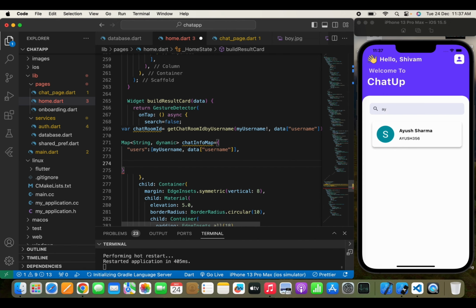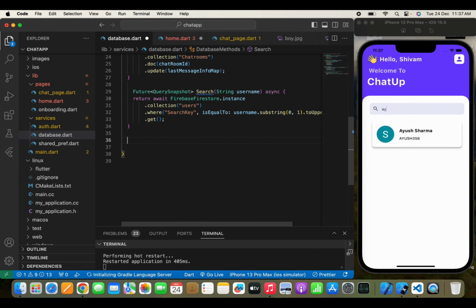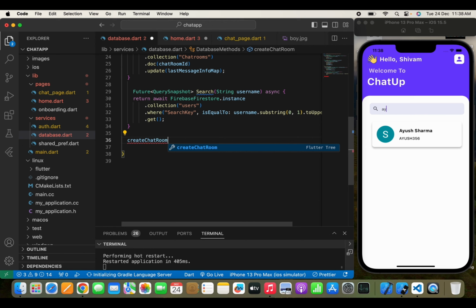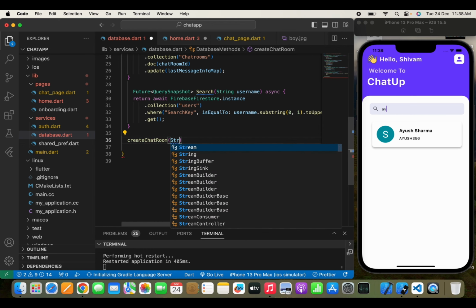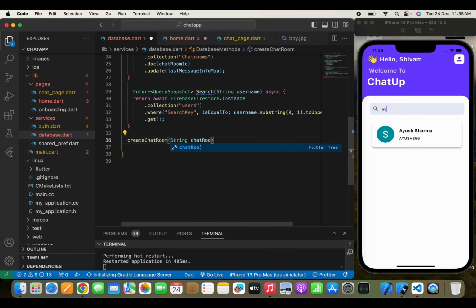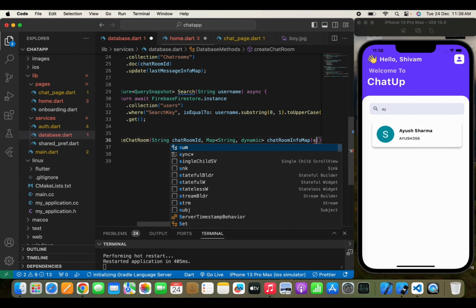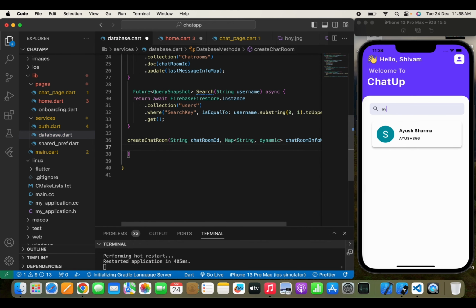Yeah, so to write this function, I need to move to the database.dart file, and here I need to simply write one function name which is create chat room. Yeah, and now I need to simply pass a string, a chat room ID first. So I will write chat room ID, and here I'm going to pass a map string dynamic again. So I will write string dynamic and a chat room info map, something like this. Yeah, async, and a final, I will write final snapshot